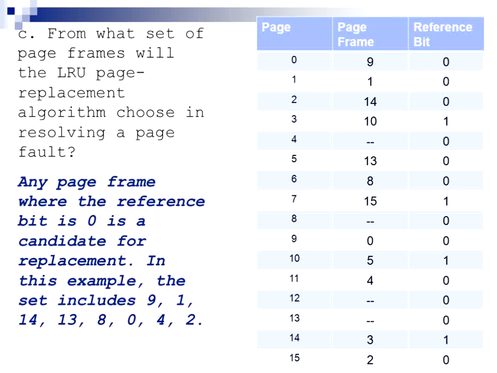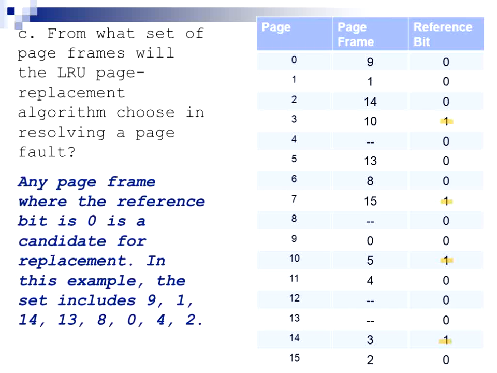Okay, now here's the part that most people had problems with, where it was asking what set of page frames will the LRU page replacement algorithm choose in resolving a page fault. So the answer here is any page frame where the reference bit is 0 would be a candidate for replacement, because we set the reference bit to 1 when the page was used. So if we want to do the least recently used, we have to look for ones that have not been used recently, and those would be any of the ones where the